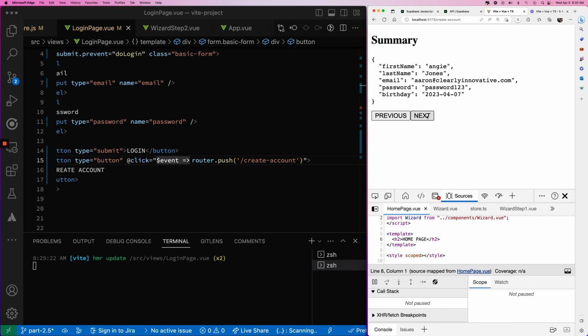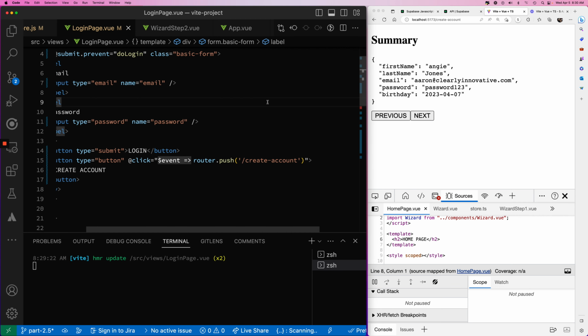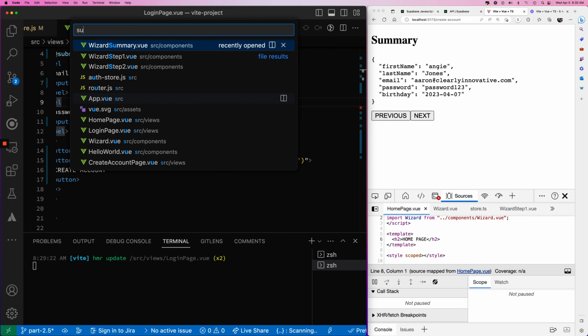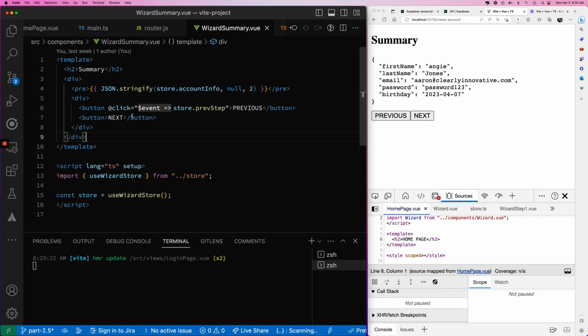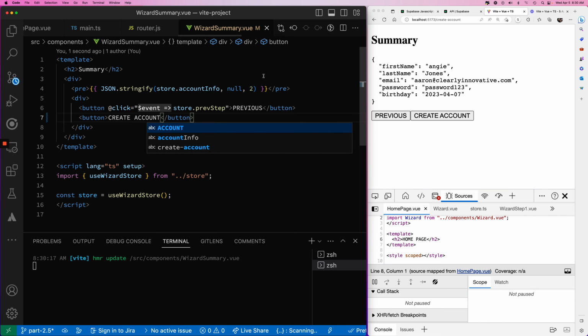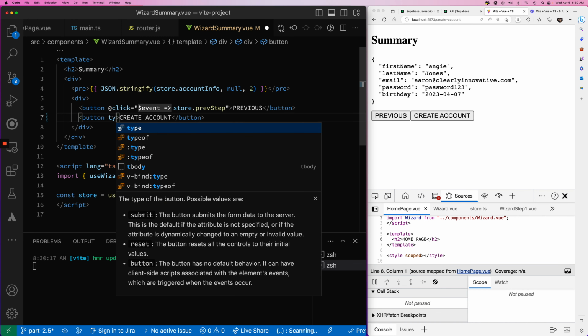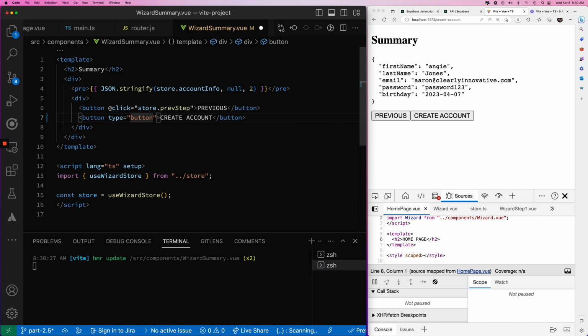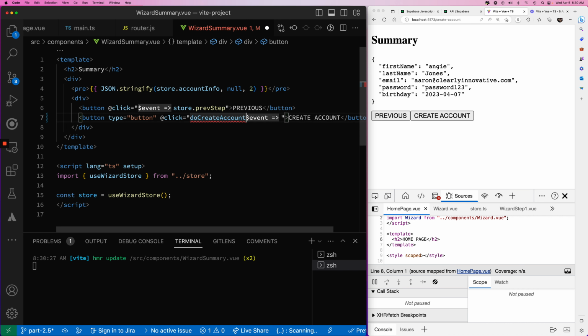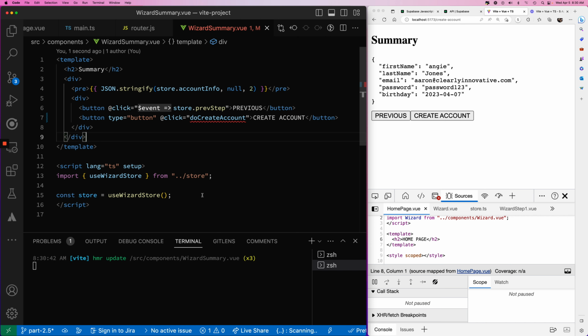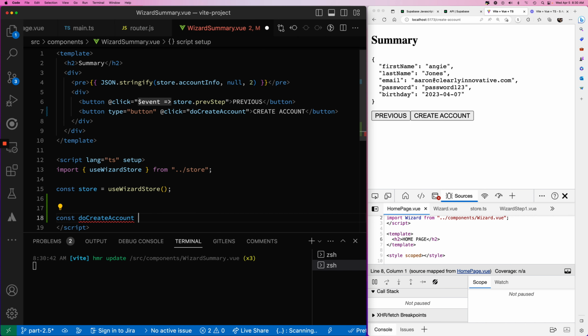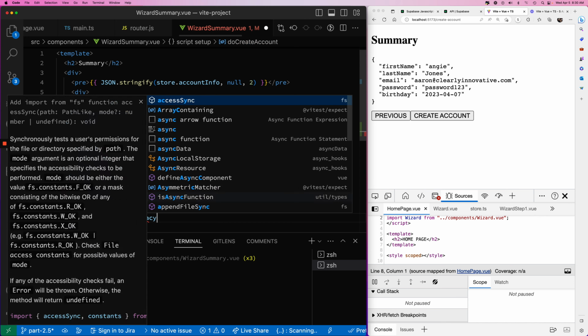So let's go to our summary. And let's change our next button to create account. And let's set our type to button. And then on our click, do createAccount. Here's what we're going to call. And so we need to create our function. const createAccount = async